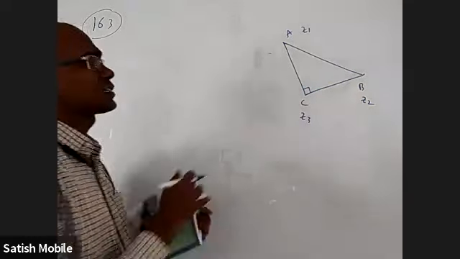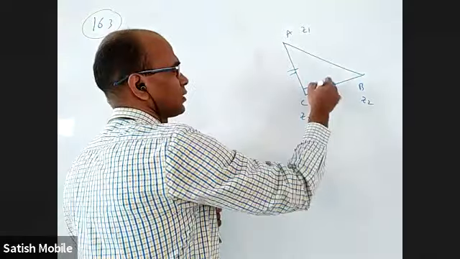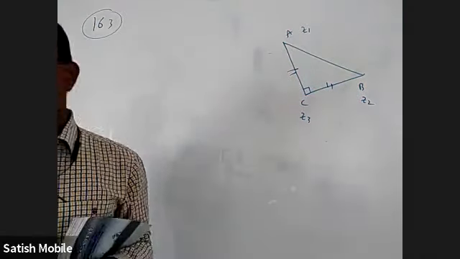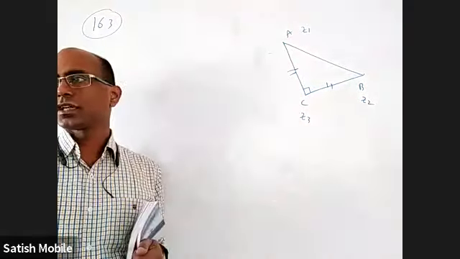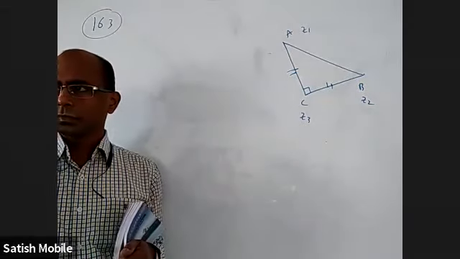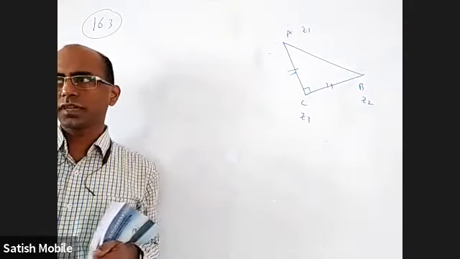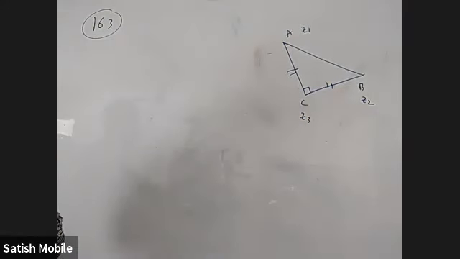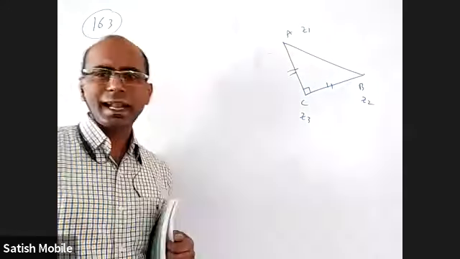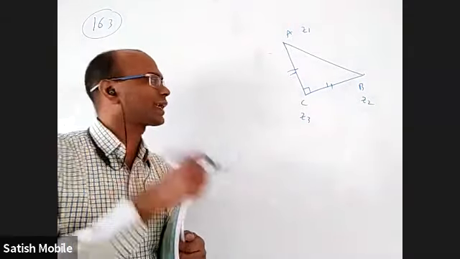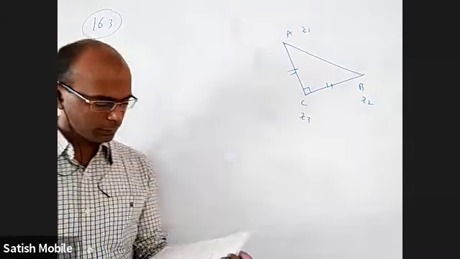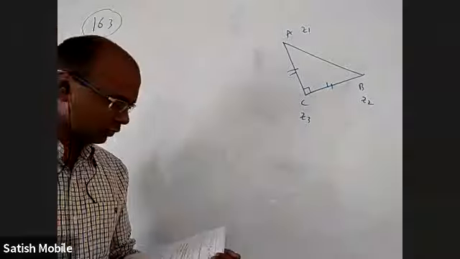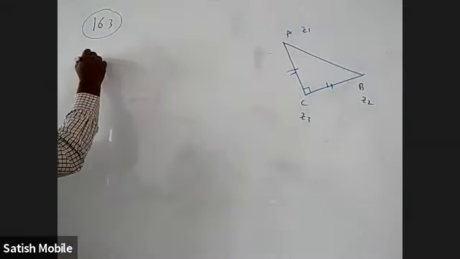So this is a right angle isosceles triangle where these two lengths are equal. This angle is 90. Other day we have seen for Z1, Z2, Z3 to be vertices of an equilateral triangle, what is the condition, right? Like that, here for them to be a right angled isosceles triangle, that too with the right angle at Z3. They gave some answers. I'm going to discuss two methods for this.